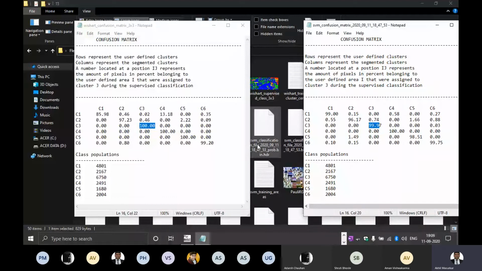So when we change our classifier from SVM to Wishart, my class 1 accuracy gets affected a lot. The other accuracies are almost the same, there is not much change. So we can say to classify class 1, Wishart classifier is not that good as compared to SVM. So SVM can classify mostly everything better.